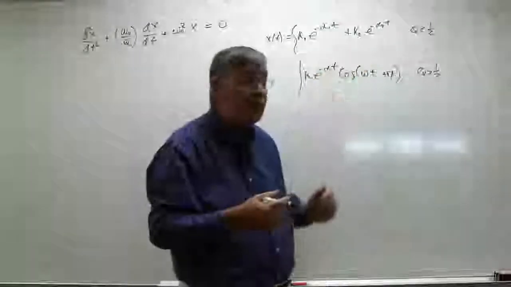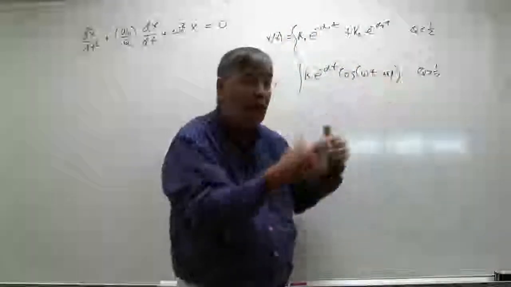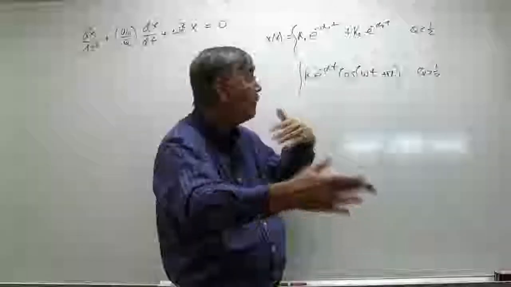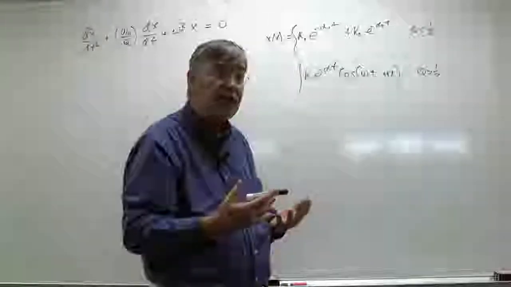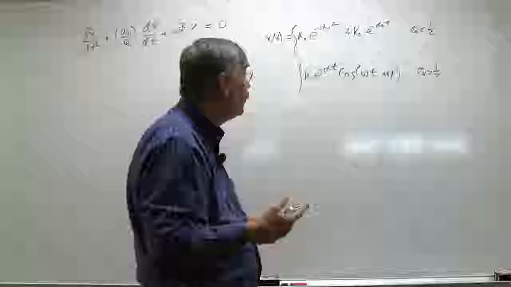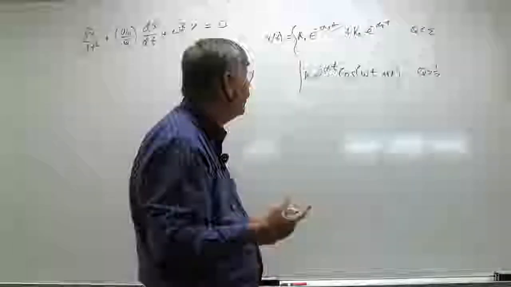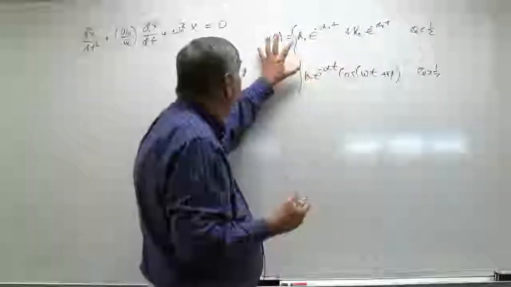For the case where Q is a real number, these things always decay to 0 with time. Q is a measure of how fast energy is removed from this system in practical physical systems. Okay, so